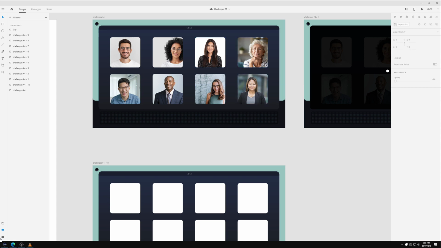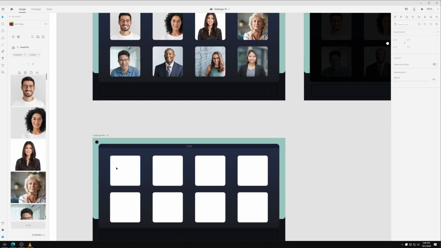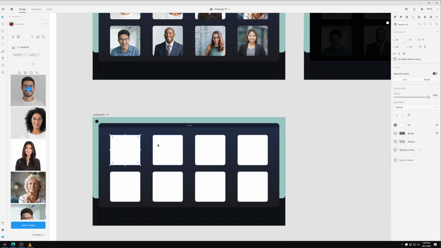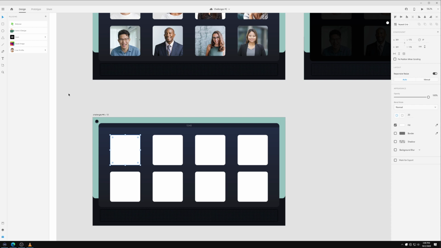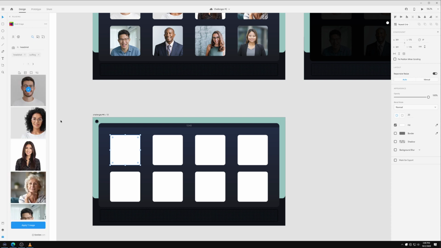One thing I just wanted to show, as you are looking to add images to your projects, I really encourage you to use real graphics. One of the easiest ways to do that is if you just have the shapes over here. Let me actually go back. You can use apps like User Profile. I like Stock Image. This pulls from Adobe Stock. And one of the things you can do is you can just really quickly, I typed in headshot,